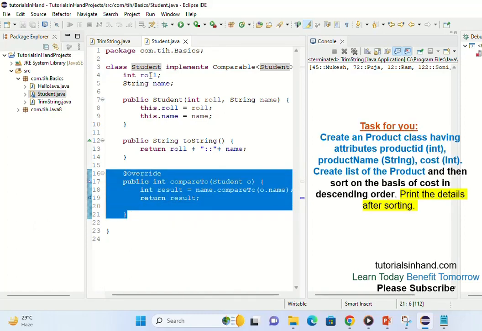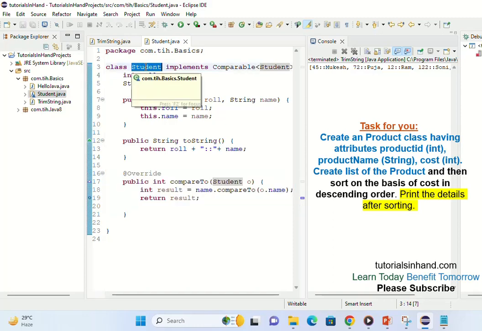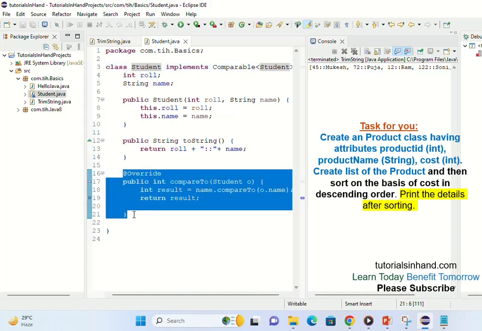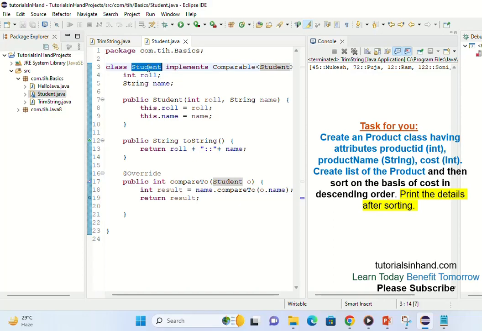So this is where you have modified this one. So this is impacting your class also, right? So every time anyone shares a list of objects and tries to sort, it will be sorted as per the logic you have overridden, right? But this is not the case in Comparator. Comparator does not modify the actual class, and we will see how in the next video tutorial.